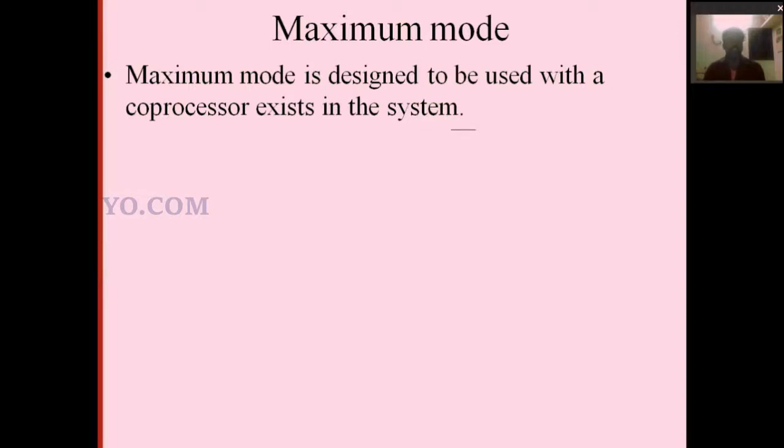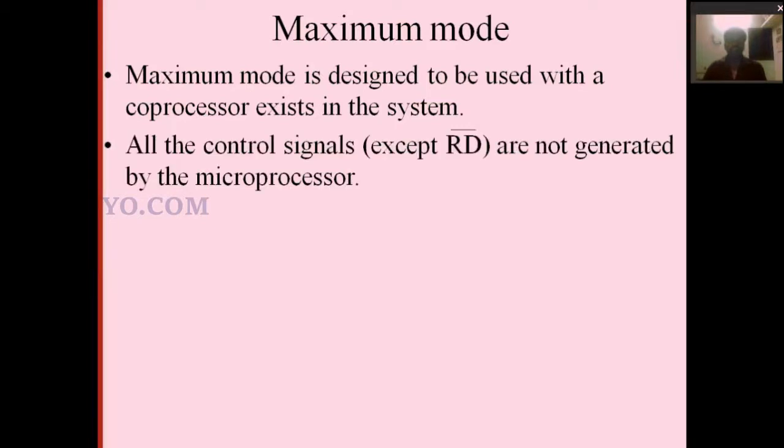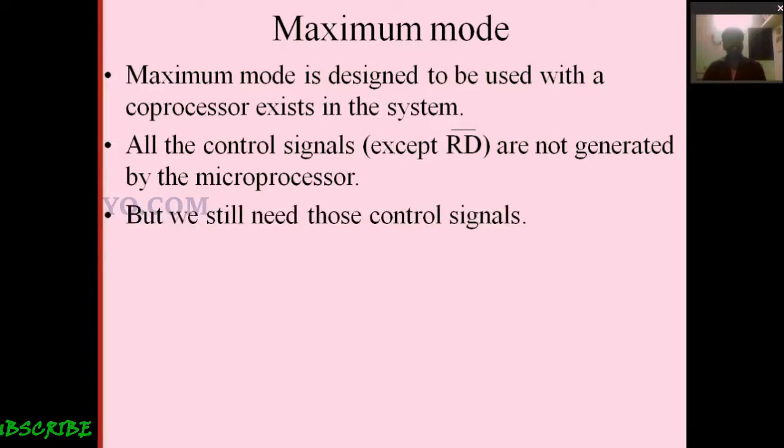So when the microprocessor in maximum mode is combined with other processors, it will provide some higher operations. Okay, right. So the microprocessor generates the control signals by using a bus controller in maximum mode. In minimum mode the microprocessor generates control signals by itself. Okay, right. Then in maximum mode you are using more than one processor along with the microprocessor, so that it is called maximum mode. So maximum performance is achieved in maximum mode. Okay, right.